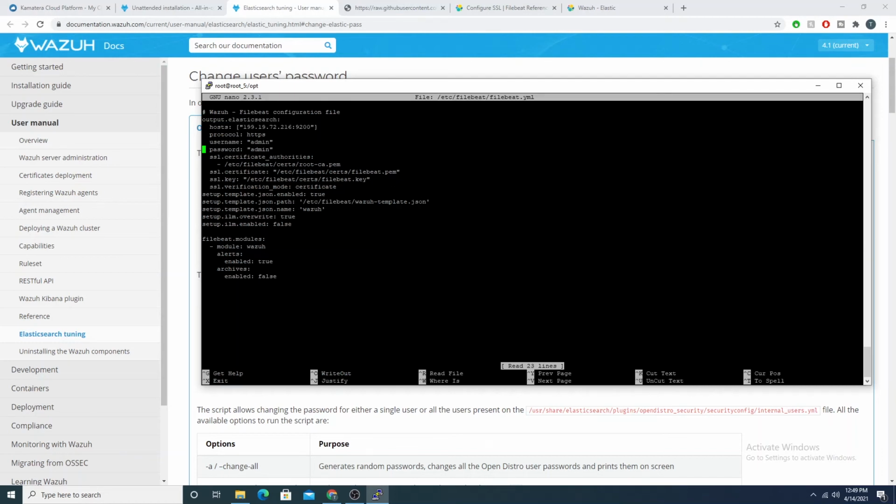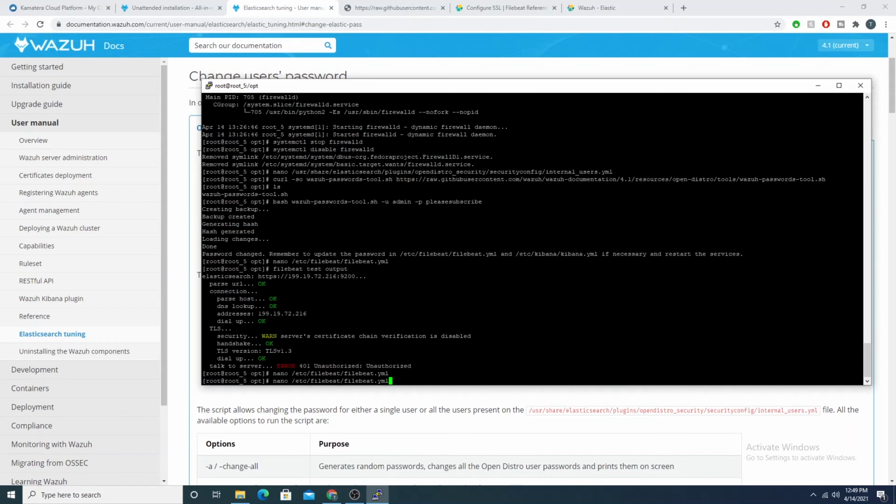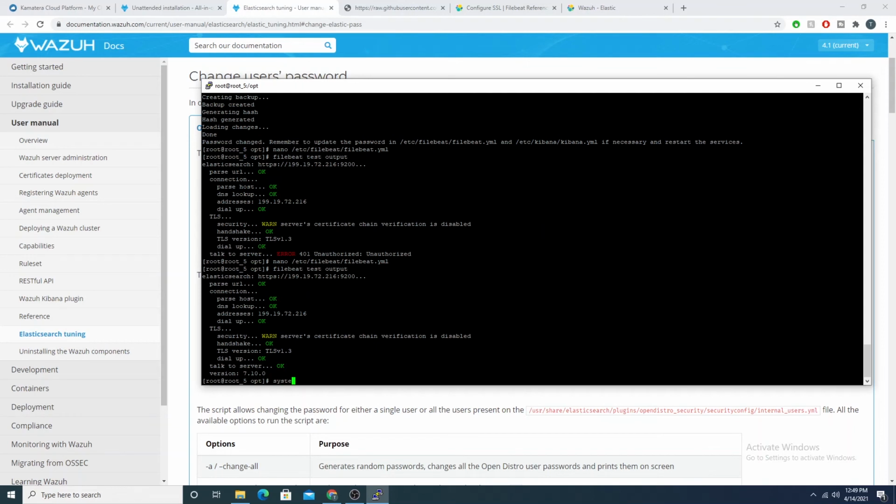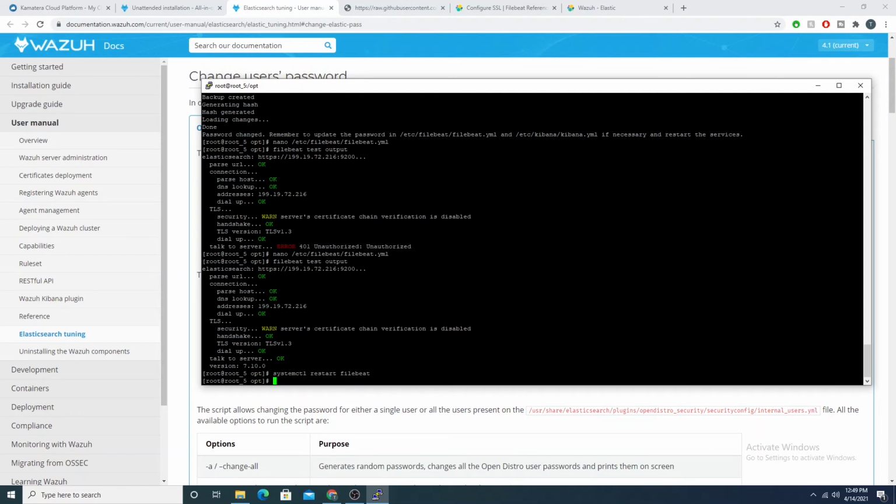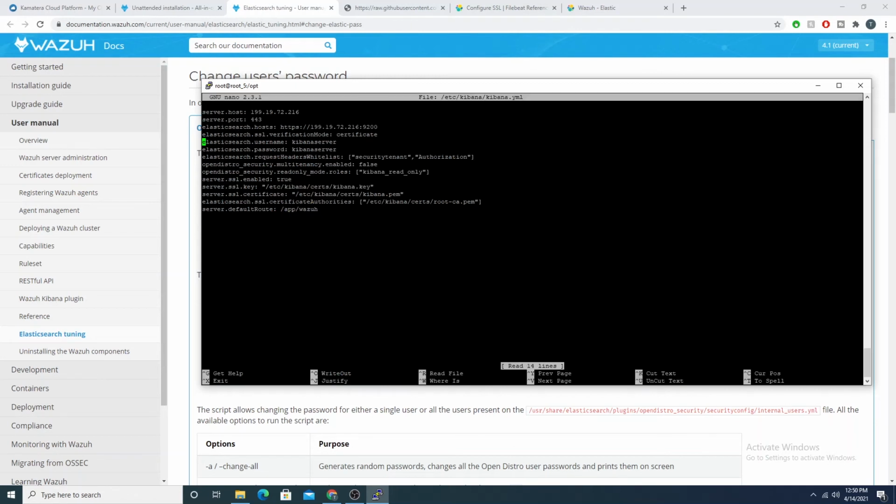So let me change the password here to please subscribe. Let me spell that right. And if we test, okay, we get an okay. We'll restart Filebeat. And we'll need to do the same to Kibana. Oh, actually, no, we won't, because it's using a different username and password to run. So that's actually good. It separates its roles. The Kibana service doesn't need the admin role to run, so it uses the Kibana server username and password, which,